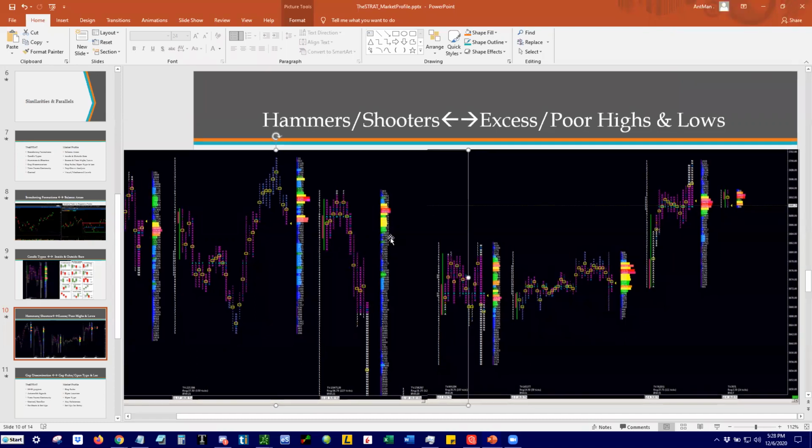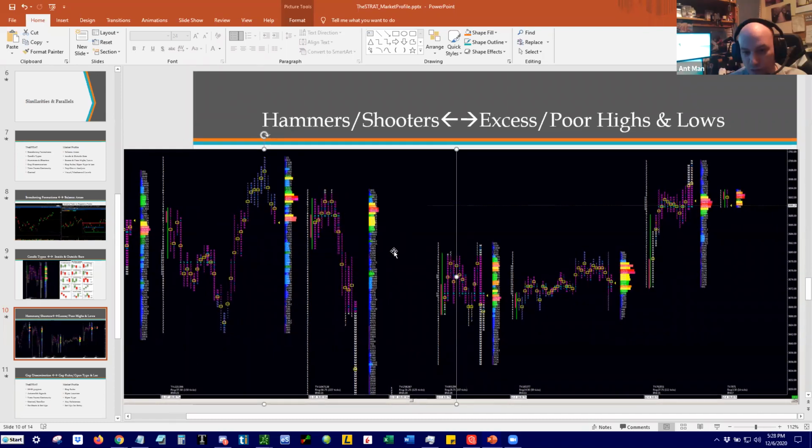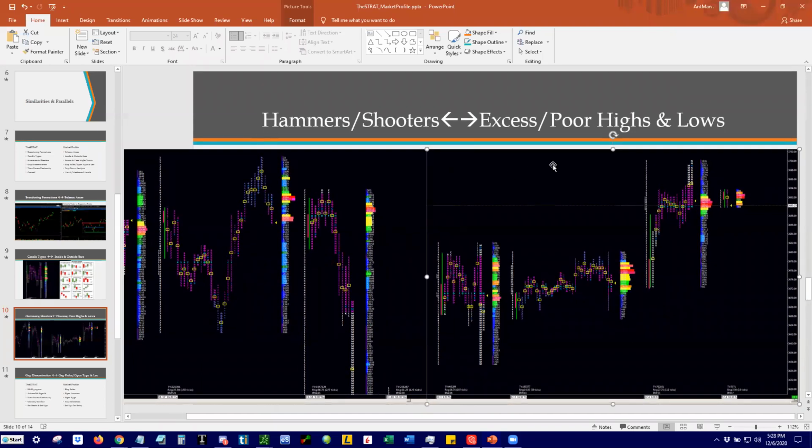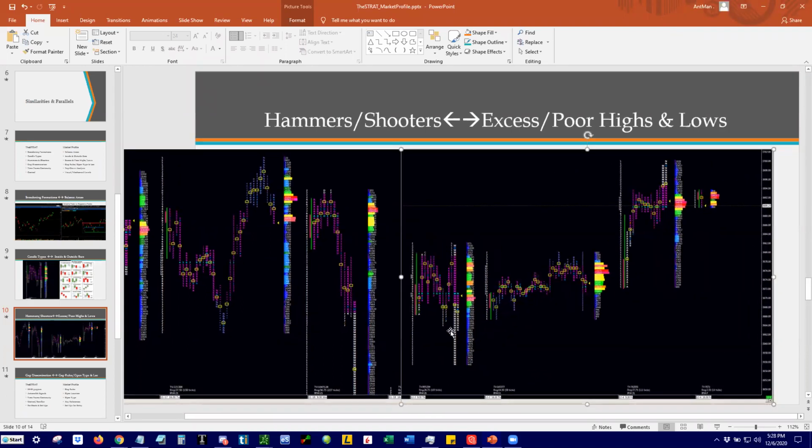Cool. And that's the whole concept of when Rob teaches about hammers and shooters, being a combination of new selling and ill-timed shorts or ill-timed longs. This in a way is the same thing. These are ill-timed traders getting in the market. Gotcha. And this slide here,